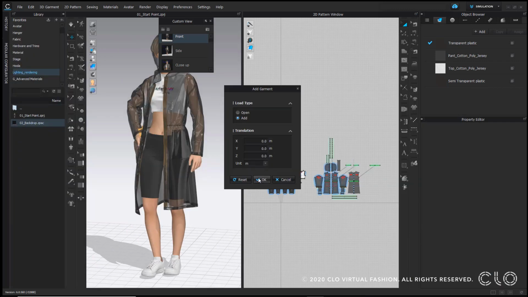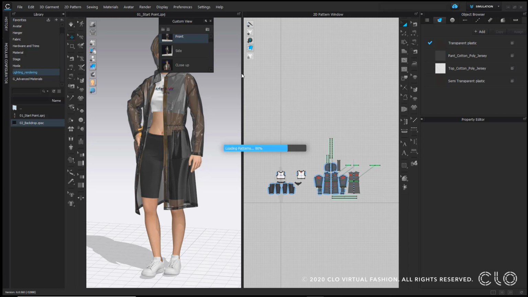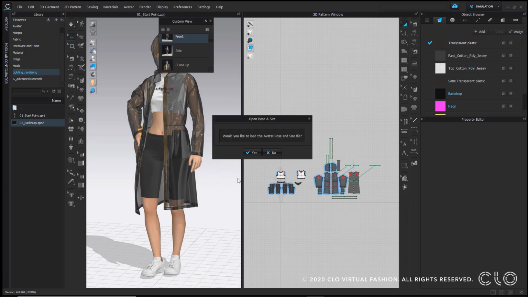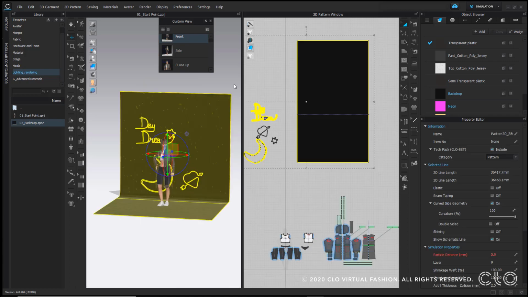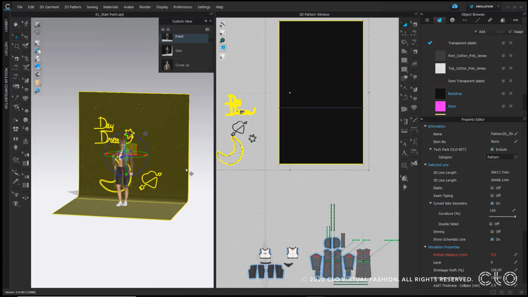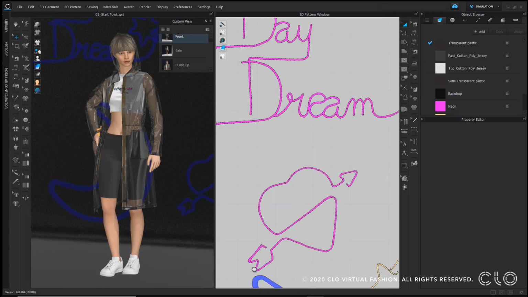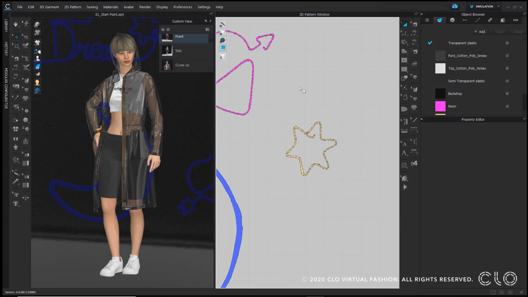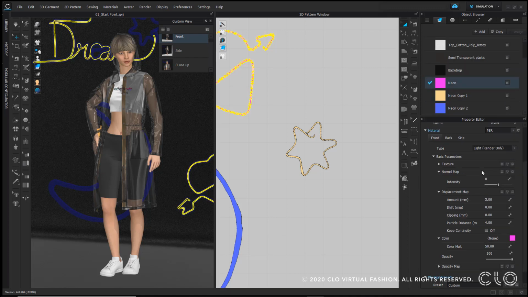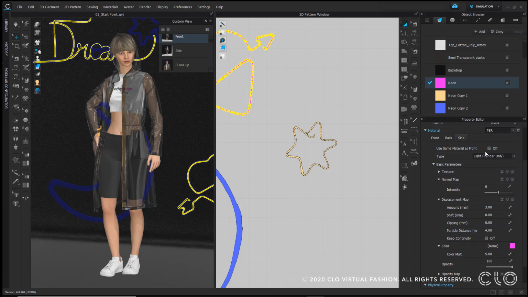So here I prepared a backdrop with some special neon on it. So here I add it as a garment because those are pattern pieces. And those pattern pieces are actually vectors that I imported from Illustrator, and they have different material on them. On all those pattern pieces, I added a fabric. And on this fabric, I added a type light for the material, and I added a color as well as a color multiplier. So for the front, it's more bright than the side to get this kind of neon effect